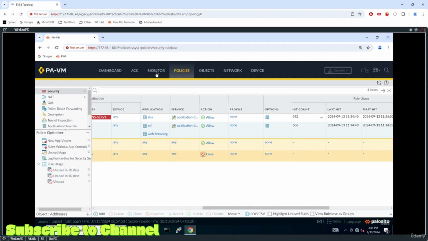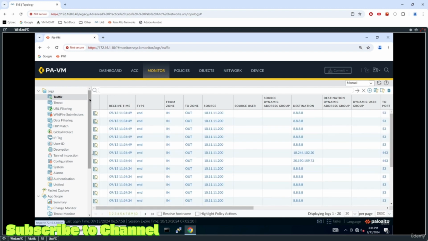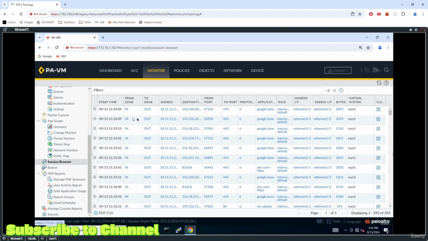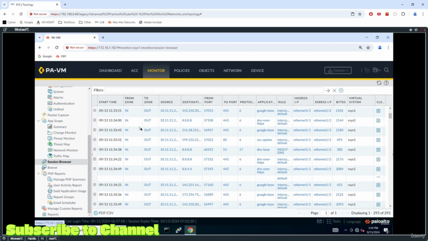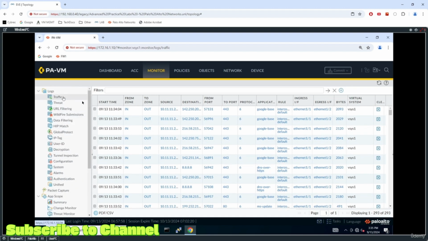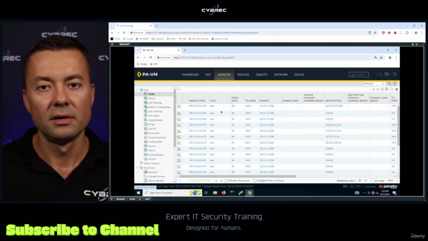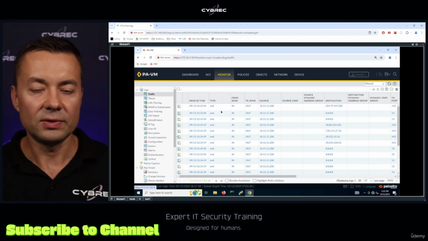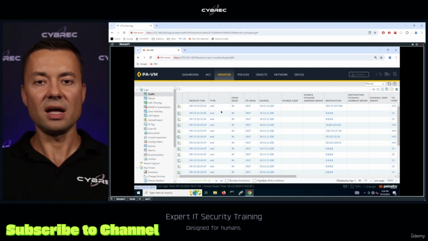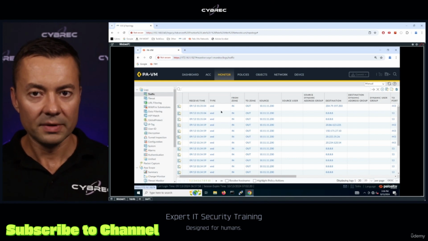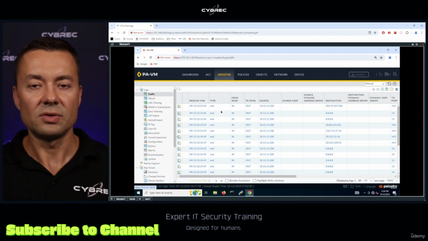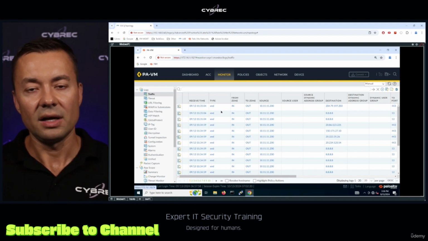And another place would be to go to the monitor tab. First and foremost, I would scroll down to the session browser. The session browser is going to show you the existing connections across the firewall. And I would also take a look at logs. Just remember that the difference between session browser and logging is that the session browser is only going to show you connections that already traversed through the firewall. So connections that are up, operational, or that were just terminated,